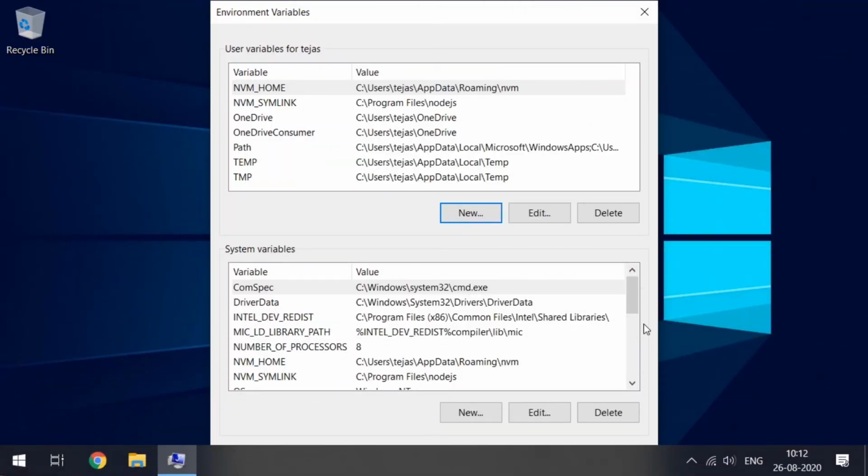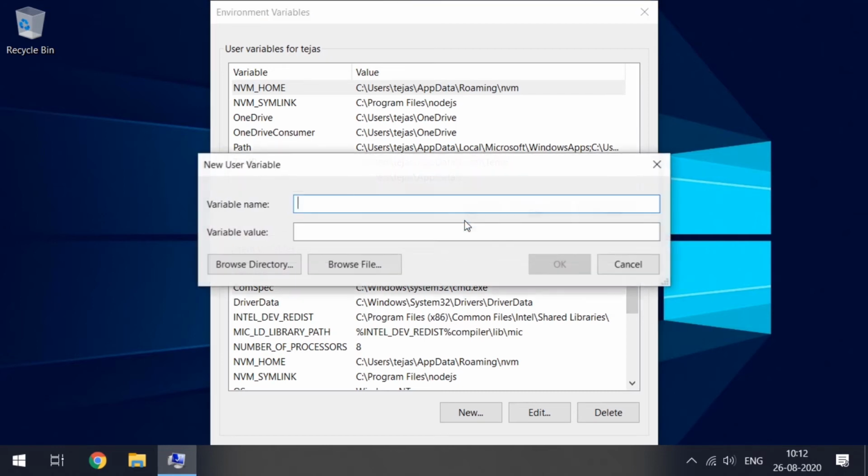So, after installation, we need to make sure that the environment variables are set, because sometimes when you install NVM, environment variables are not set after it's on the device, which may lead to errors like node command not found. So what you can do, click on this New button and then a pop-up will appear. You have to copy the variable name and the value here.